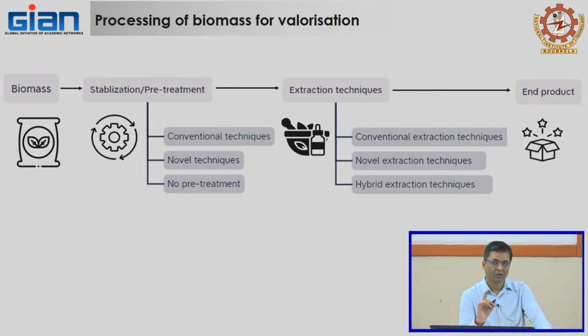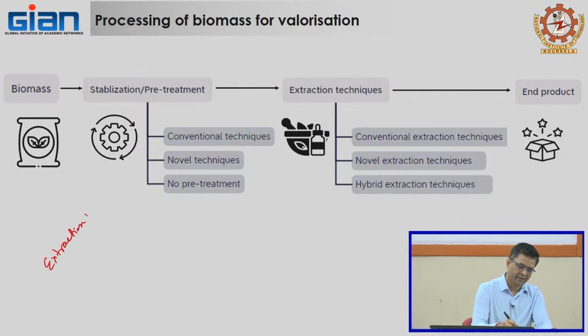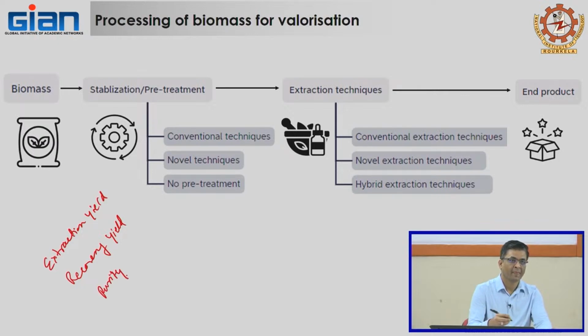When it comes to extraction of an ingredient or obtaining an ingredient, a couple of formulas are used. One is extraction yield, yeah, recovery yield, yeah, and purity, yeah. These three are commonly used. So again, when you are writing any of this, recovery yield is 70%, extraction yield is this. So, you have to understand what you really want to say about these words, because there is again no clarity